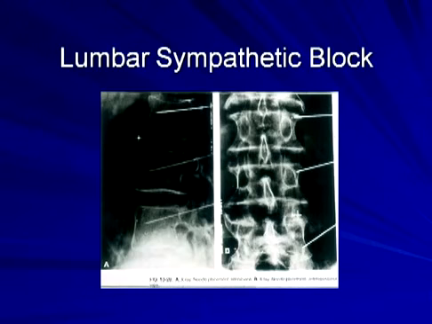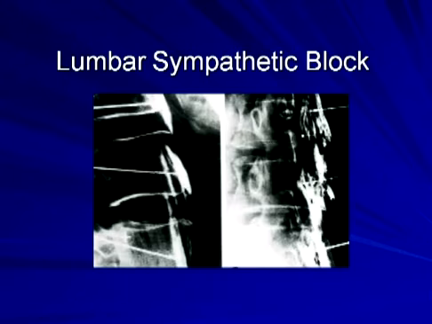Here's a fluoro view. So the needles are on the anterolateral aspect here. You can see them here. It's a little hard to see the vertebral body, but here's the vertebral body. Anterolateral aspect, just under the facet, just lateral to the facet joint, and that's what you would look for fluoroscopically. Here you inject dye, and you see the spread of dye in front of the vertebra.